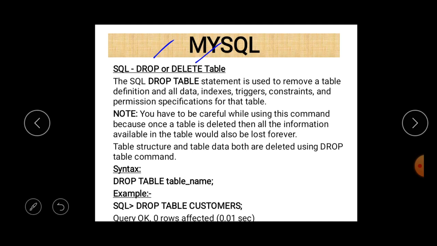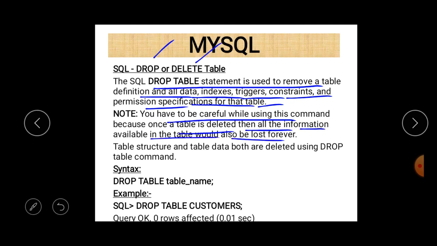So let us discuss the points related to this. The main difference is drop is a DDL statement and delete is a DML. The SQL drop statement is used to remove a table definition and all data, indexes, triggers, constraints, and permission specifications for that table. You have to be careful while using this command, because once a table is deleted, all the information available in the table would also be deleted forever.